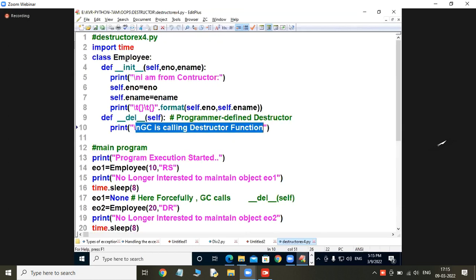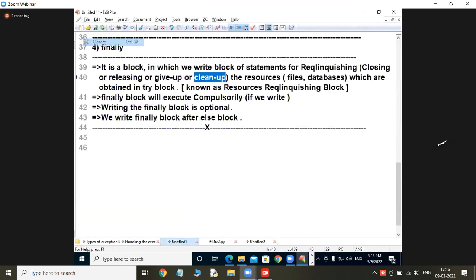I will explain OOPS programming. There you are going to come across it. So don't worry about the cleanup. Cleaning up the resources is nothing but closing the file safely without having any inconsistency of the data. I will explain that further. Let me come to that. You will understand that word.